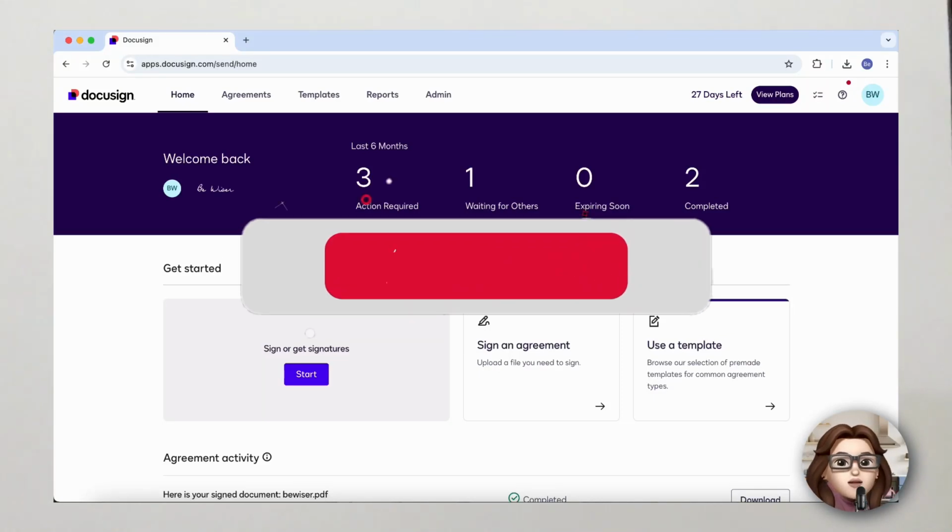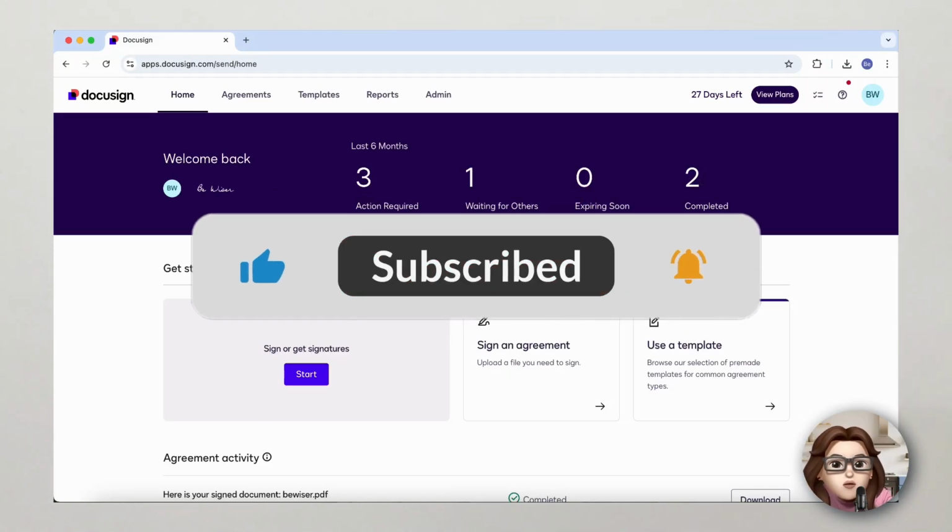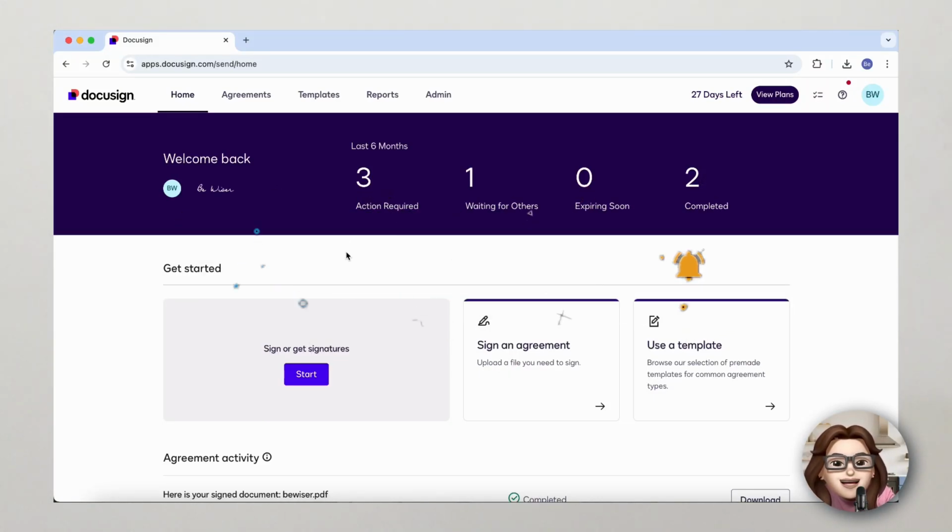If you've ever wondered how to type directly into your DocuSign documents, this video is for you. Stick around and I'll walk you through the exact steps so you can save time and manage your paperwork like